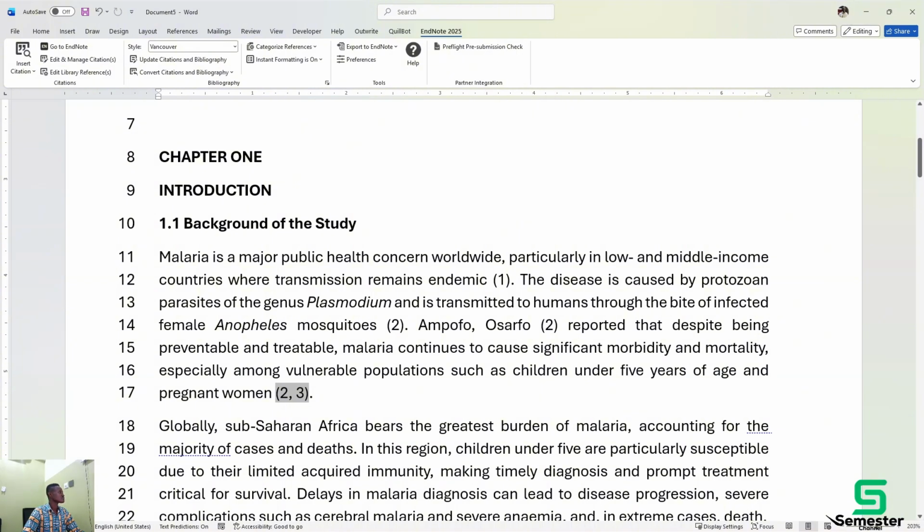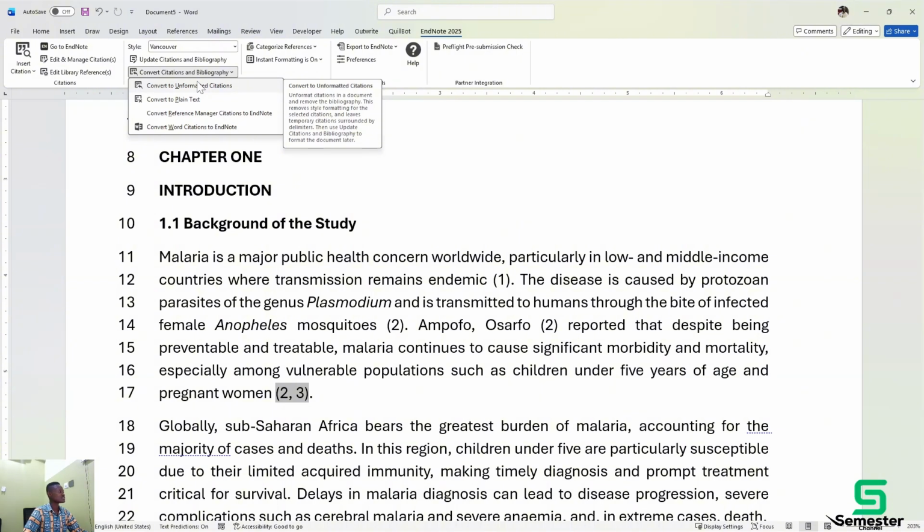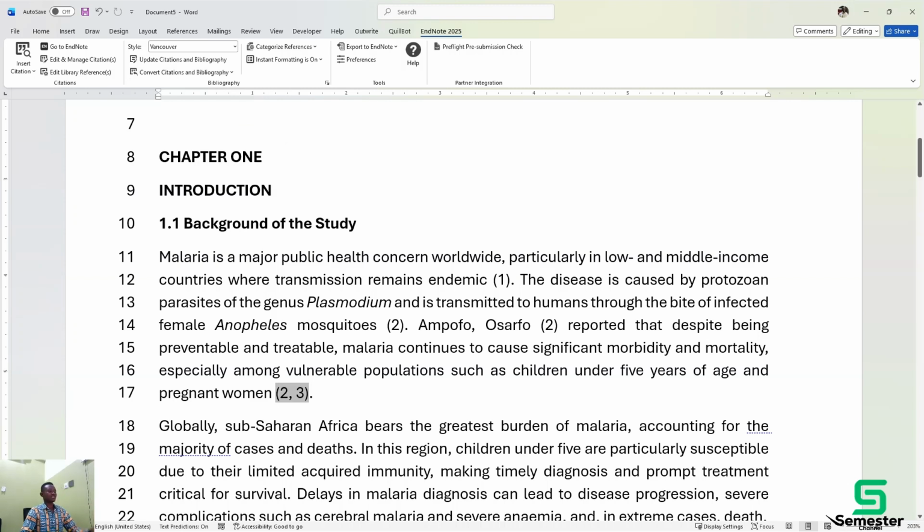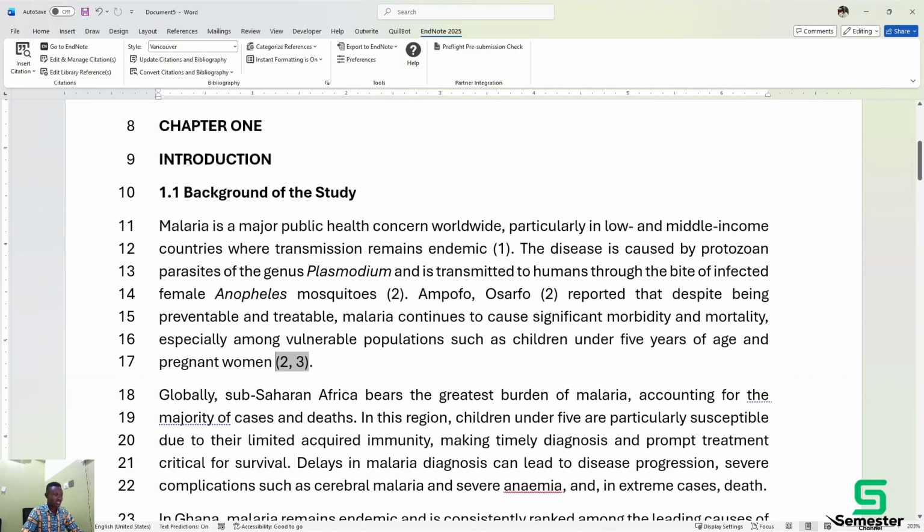I think this is what I would like to let you know about it. I mean, there are a lot of things you can do here. You can go with clean formatting. You can go with a number of things. You can update your citations, convert your citations as plain text or formatted citations, convert citations to Word endnotes. All of these things are secondary. But for you to understand how and know how to cite, this basically takes you through the whole citation process. I really wanted this video to be very short, but I'm seeing that we are entering into the 31st minute. So in order not to make this any lengthier,